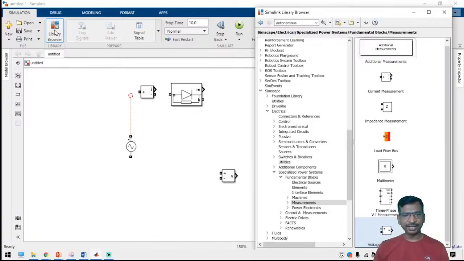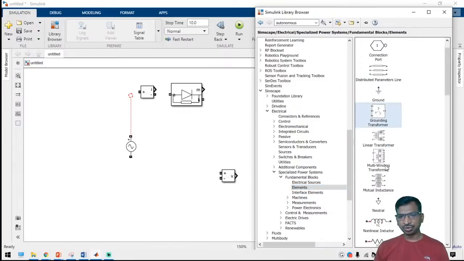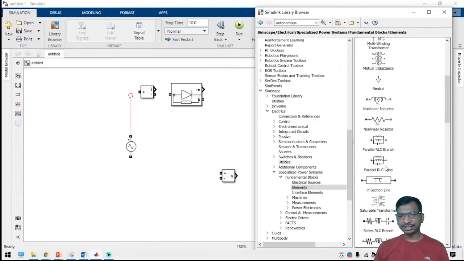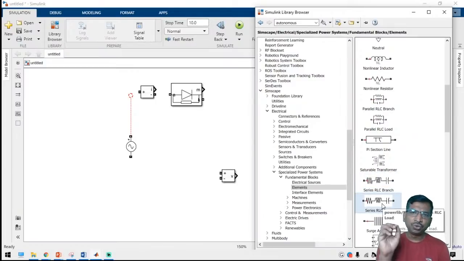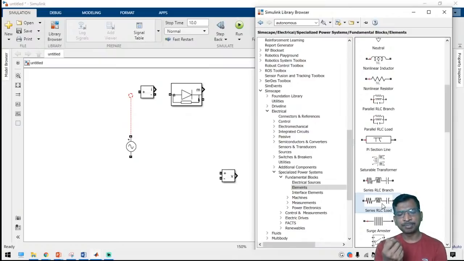And again we need a resistance, right? So just select the elements. Here you will get a series inductance, series RLC branch as well as the load. If you are sure about your converter load, then you can take it as a load. You have to configure it in terms of kilowatts. If you don't know the load or converter power range, you can use the series RLC load.